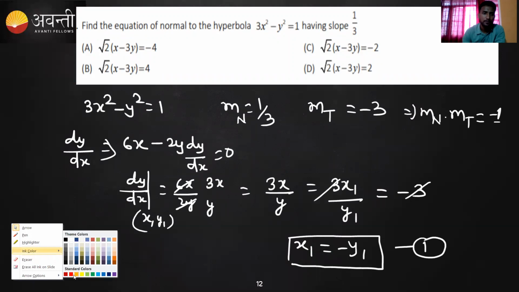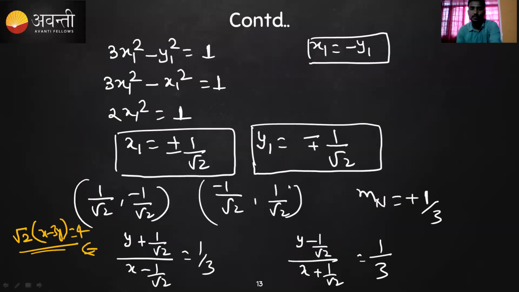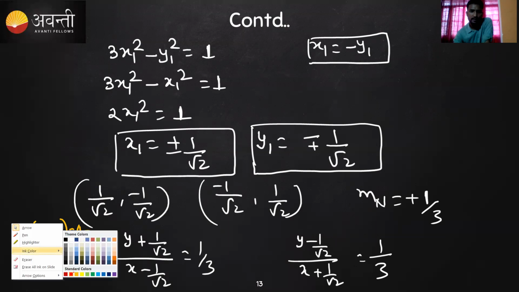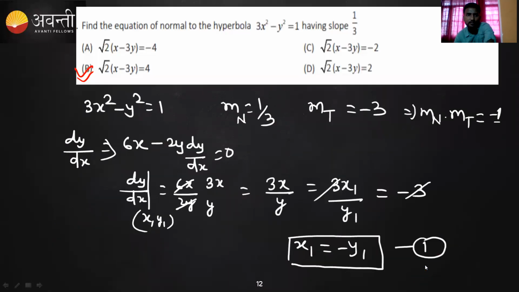So what we will get, you will get this B equation, right? And just try to solve this one. We can simply try it out. You can get 3y minus, it is basically 3 by root 2, is equal to x plus 1 by root 2. So it is basically 3y minus x is equal to 4 by root 2. It is basically 2 root 2, right? It is 4 now. So this is not in the option here, guys.